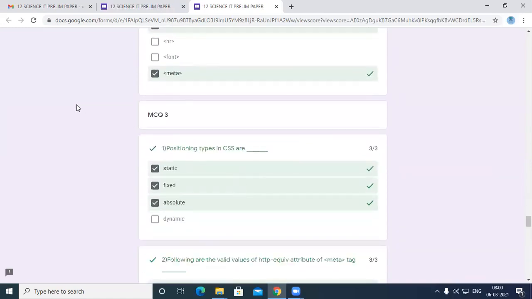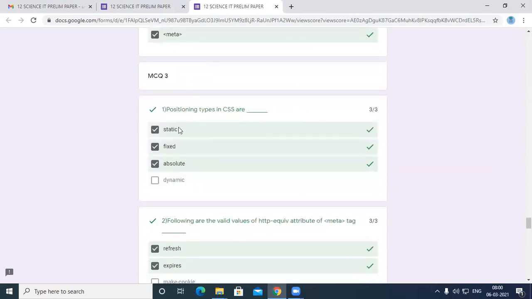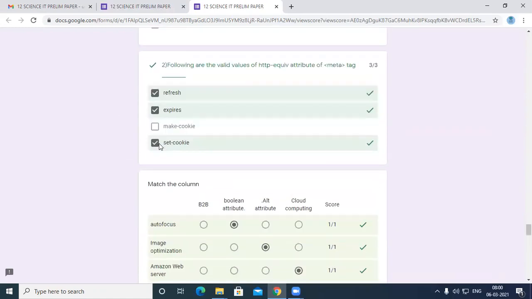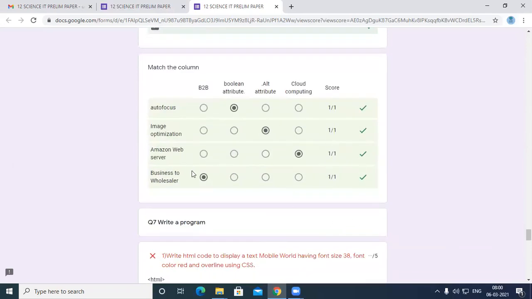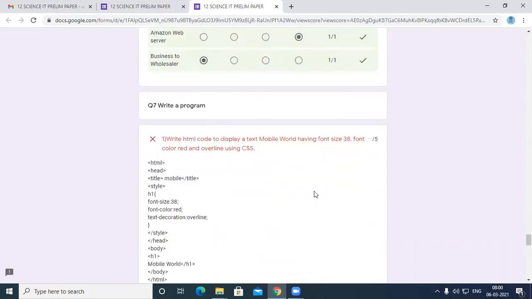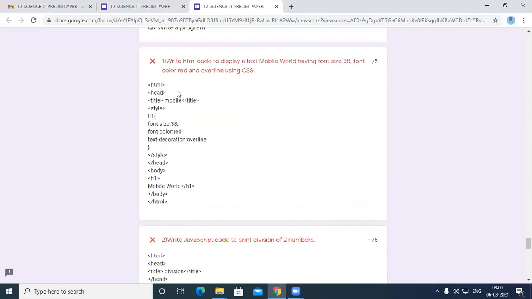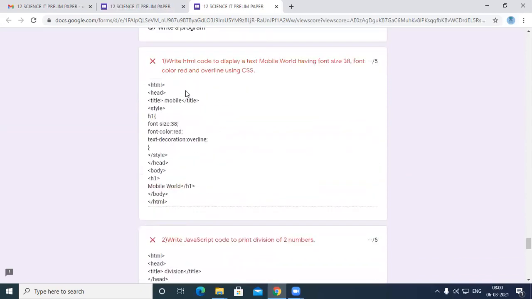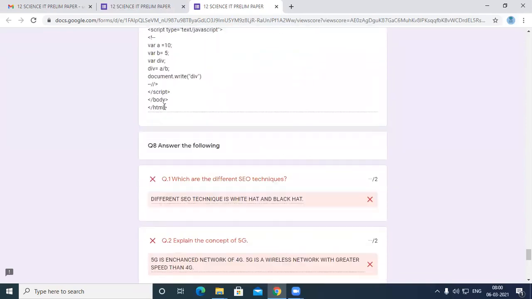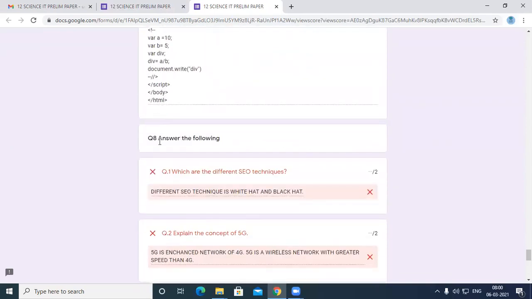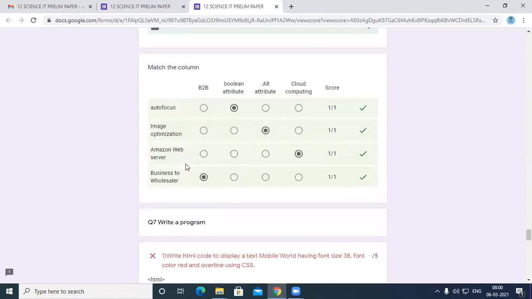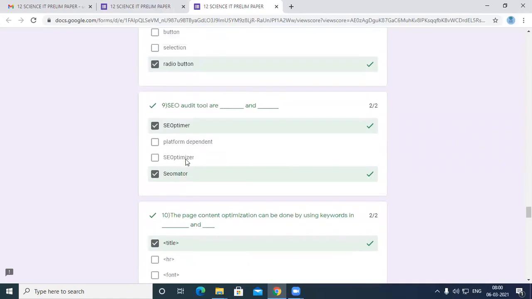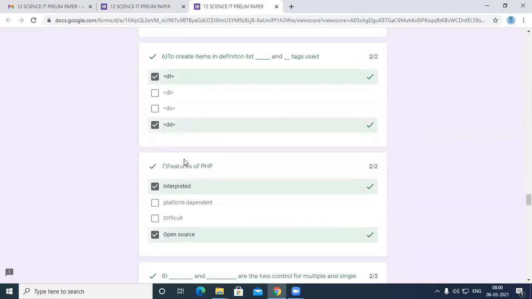Similarly MCQ 2, MCQ 3, that is multiple choice correct action twice and thrice, will be considered by the computer itself, and match the column. But here, they have not, because this will be considered by your examiners. That is your question number 7 and question number 8. Hope you understood how the paper will begin. That's why I have made this so that you can understand how the paper will be.